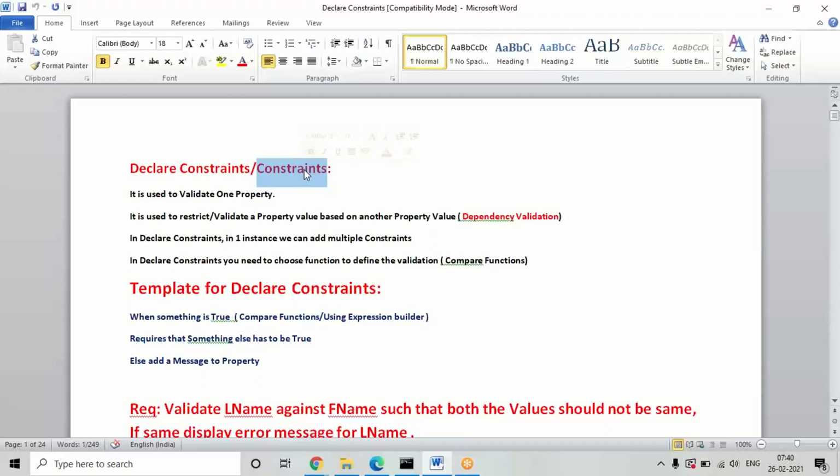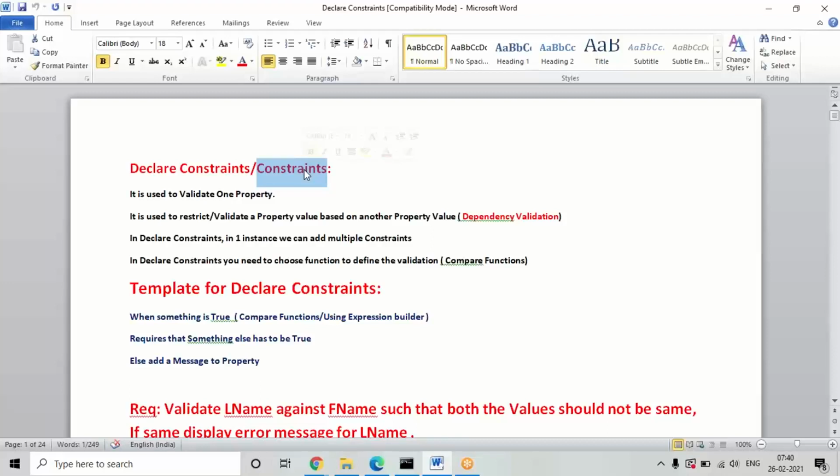Suppose now you define it for one property, and again when you define it for some other properties, there is no need to open a new rule. In the same existing rule we can add rows and define the constraint conditions. Another thing is, in order to define these constraint conditions, Pega has given a template, and at the same time some built-in functions will also be there, depending on what type of properties we are going to apply the condition to.